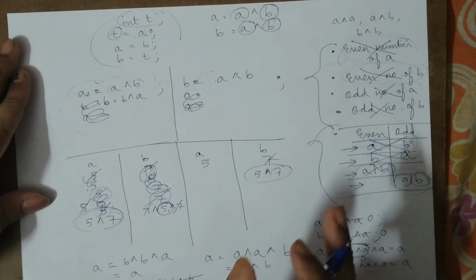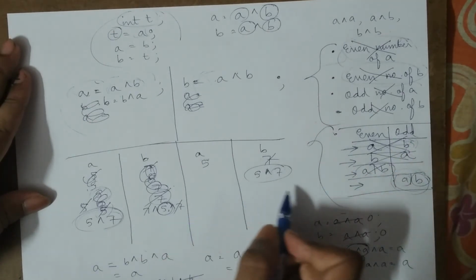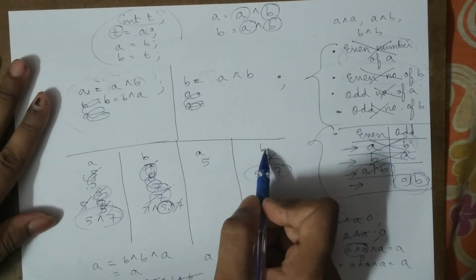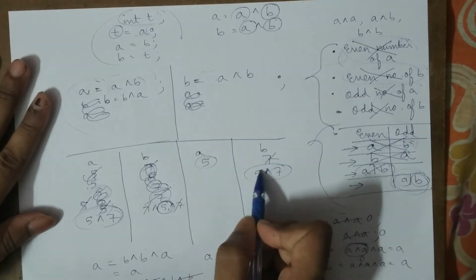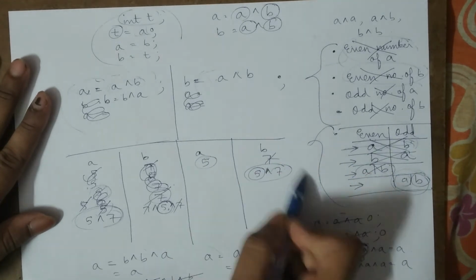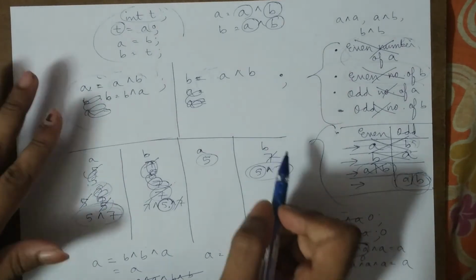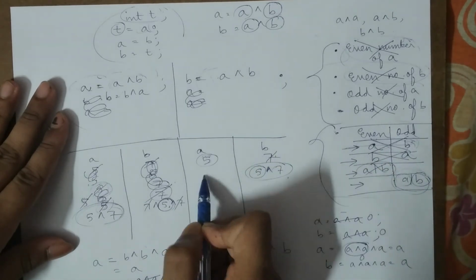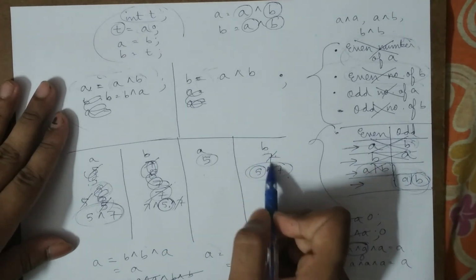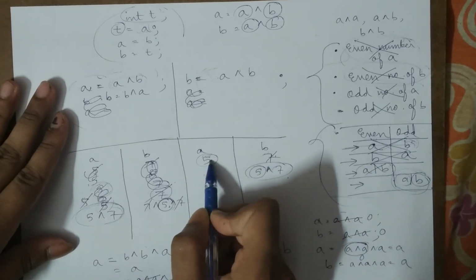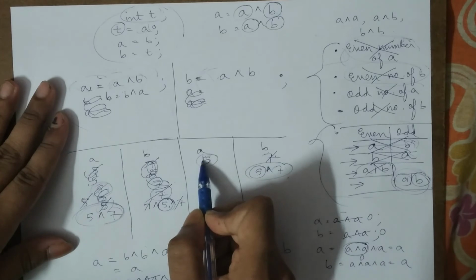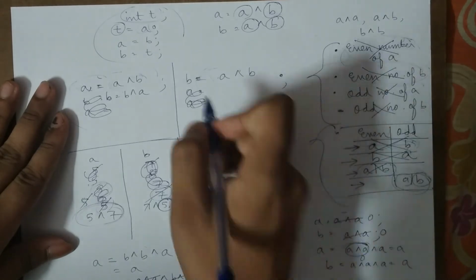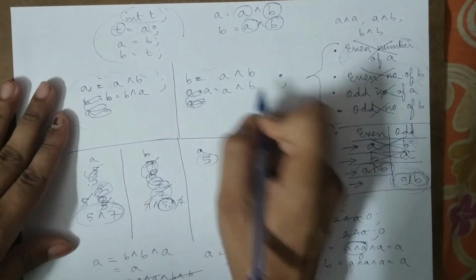Okay, so now what we can do on the right hand side of the code: in A there was originally 5 and in B there was originally 7. So now we can see that 5 is present an even number of times in totality over here. Okay, and what do we want to do? We want to put this 5 which was in A over here and this 7 which was present in B over here. So now what I can do is, to put this 7 over here, I can do something like A XOR B. So what is A XOR B? 5 XOR 5 XOR 7. So 5 XOR 5 is 0, XOR 7 is equal to 7. So similarly I will do over here, A is equal to A XOR B over here.